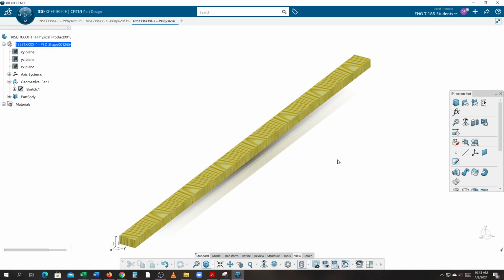This is a 2x4, 8 feet long. Do you think you could create that? I'd go ahead and challenge you to do it. And then please watch the video, as there may be more tips I give you